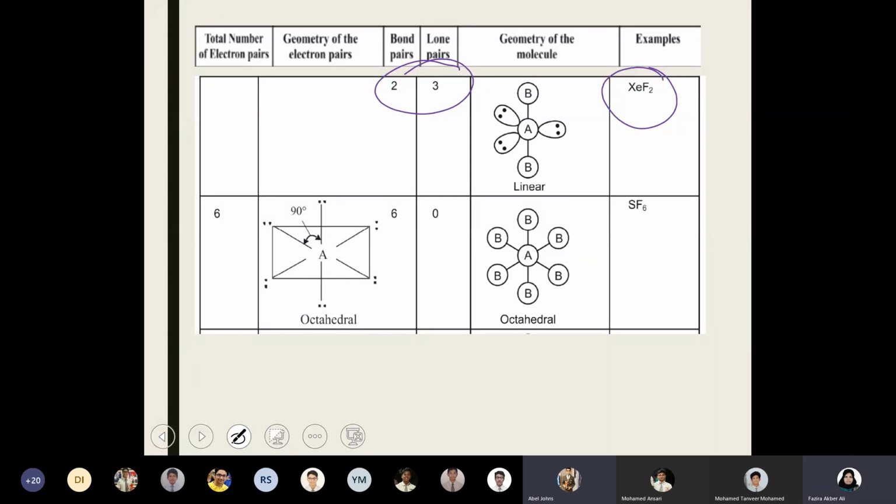Yeah, I think it's already up on the screen. Oh, okay, I didn't see that. Lone pairs will be in the trigonal planar positions because that is 120 degree. As I said, you have two bond angles, 120 and 90. That is the trigonal bipyramidal. From the trigonal bipyramid, the 120 degree places will be taken by the lone pairs because they should have maximum distance. Because of that, the fluorine atoms will orient above and below the plane at 180 degrees, and it will look like a linear shape.